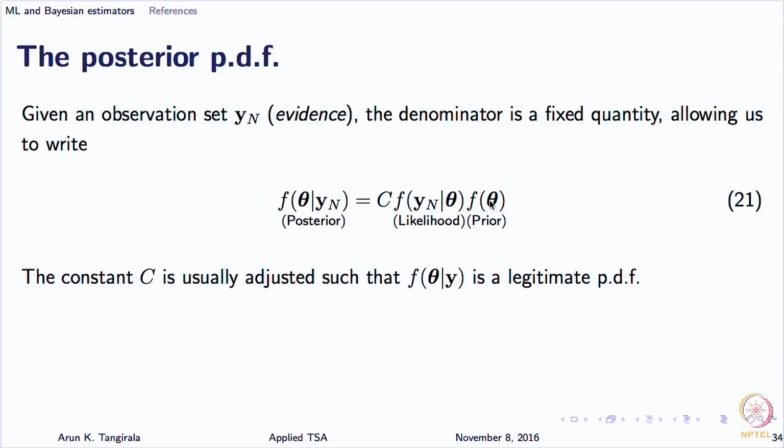So, therefore, we have a concept of prior and posterior, and the central task in Bayesian estimation is the computation of this posterior given this prior, and of course, the likelihood, you can say, or the conditional PDF of the observations given the parameters, which you have to assume. So, the user has to supply both f of theta and f of y n given theta,